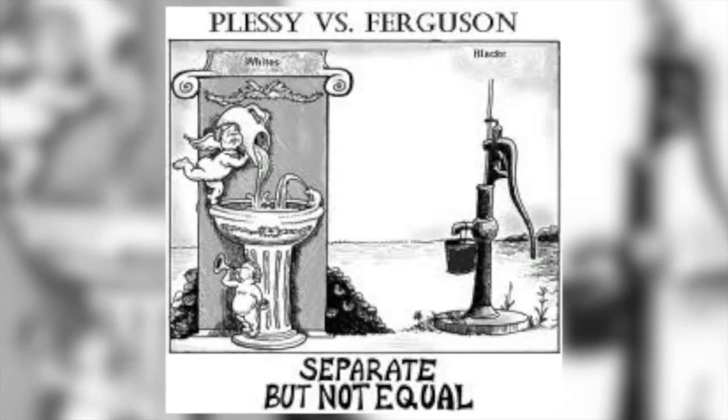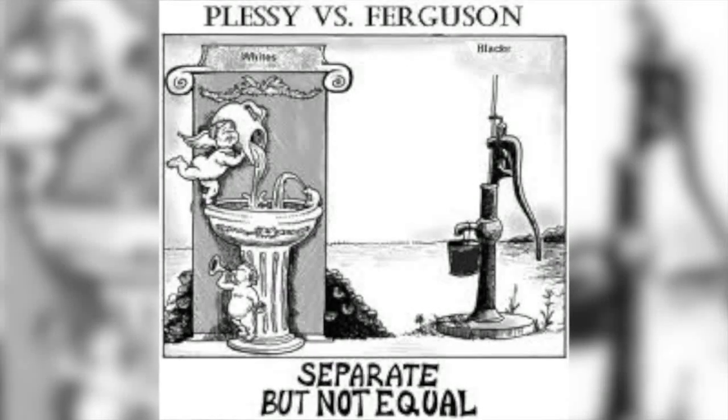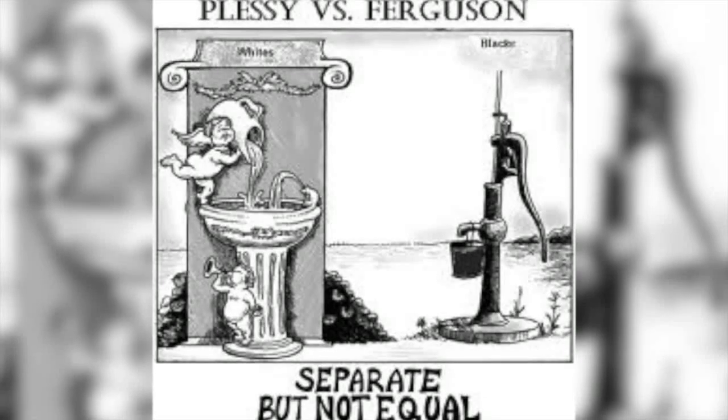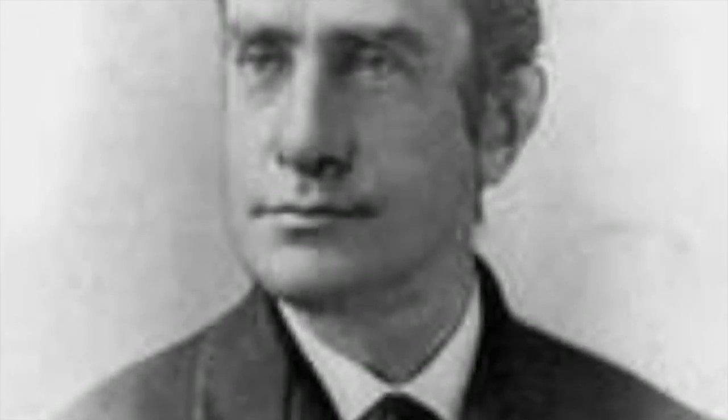In order to understand the decision made in Brown v. Board of Education, we first have to examine the case Plessy v. Ferguson, the Supreme Court case that set the precedent that was eventually overturned in Brown v. Board. In 1892, Homer Plessy, a mixed-race American, attempted to challenge segregation laws by traveling in a train car designated